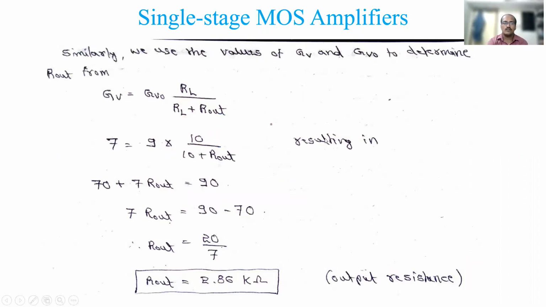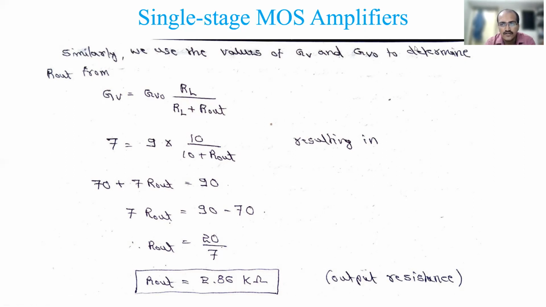So all the parameters are still not over, right? You have to calculate further. We have calculated AV, AVO, GV, GVO, 4 we have calculated. R in and R out we have calculated. Similarly there are other parameters: GM, transconductance, and the short circuit current gain. These we all have to calculate. Whichever equation you remember, if you know all the values and one value is unknown, then you can go for calculating that. Anyhow, if you calculate, the answer will not go wrong.